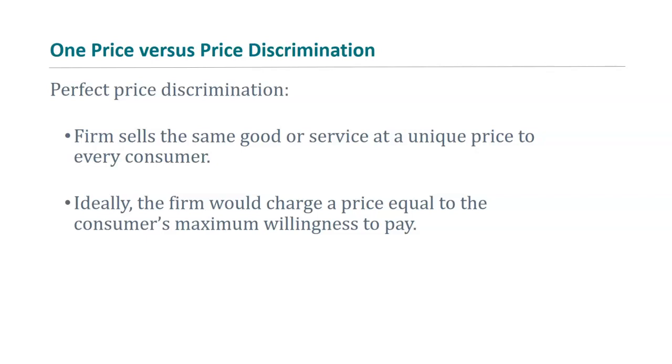Does this happen? Well, you can probably tell from the fact that it's called perfect price discrimination that it doesn't happen perfectly. Nothing happens perfectly, but we do get close in certain types of markets. So for example, a car dealership or a jewelry store, or really anywhere where haggling happens, right? What's happening when you walk in and you haggle with a car dealer? You walk in and you say, I like this car and I'm willing to give you X dollars for it, right? Did you tell the dealer your maximum willingness to pay? Probably not. Not if you're smart, you didn't.